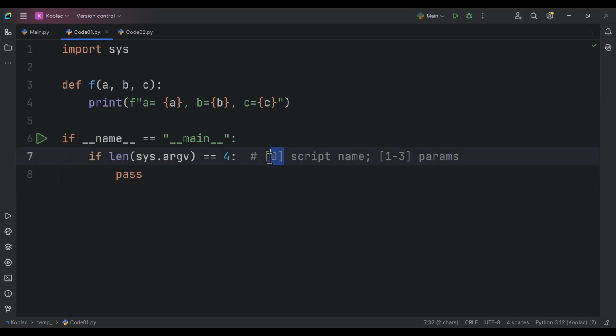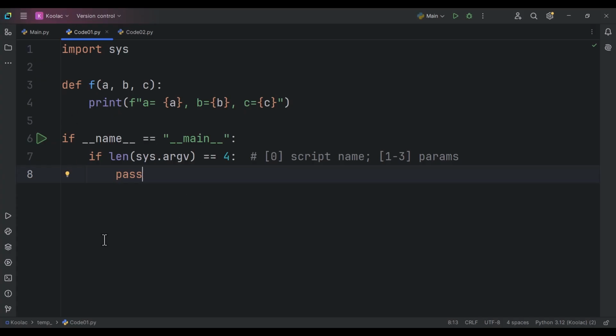So the 0th index is the script name, and the others are the parameters. So that's why I typed 4 instead of 3, because the 0th element is the script name. So if the len of that vector is 4, it means that we have enough arguments so that we can